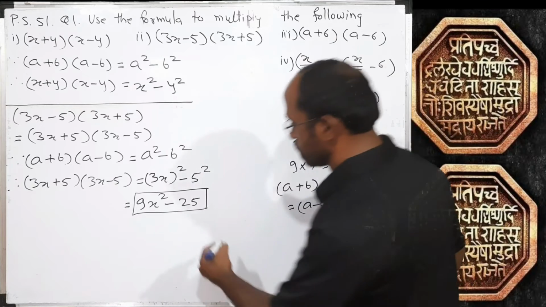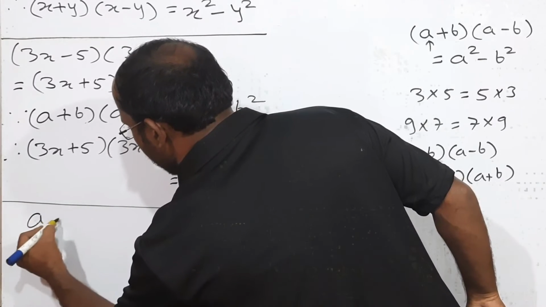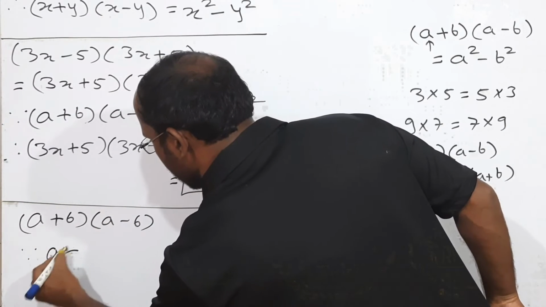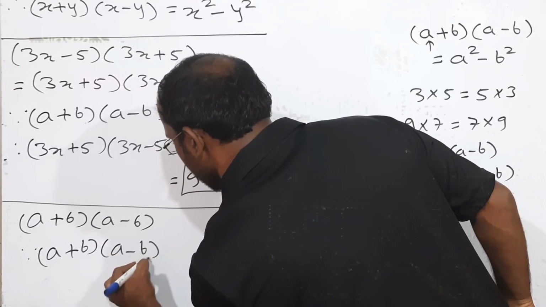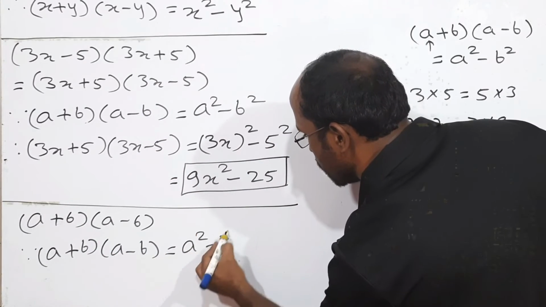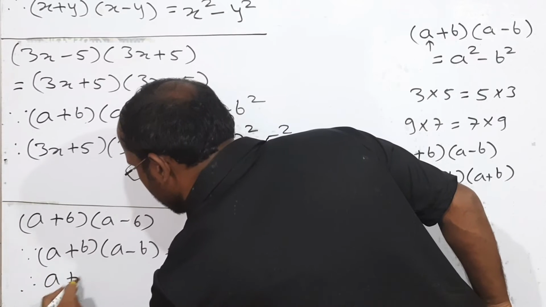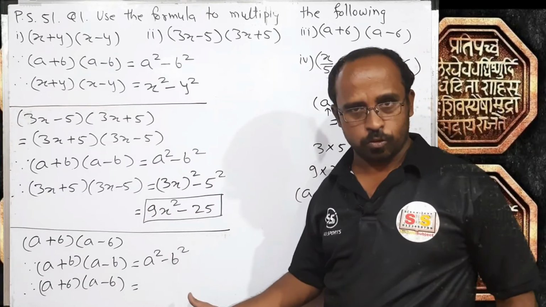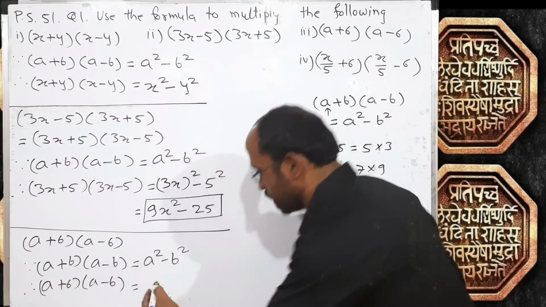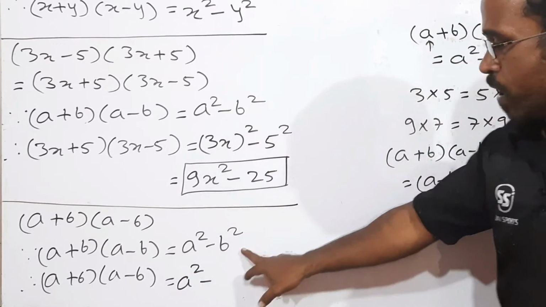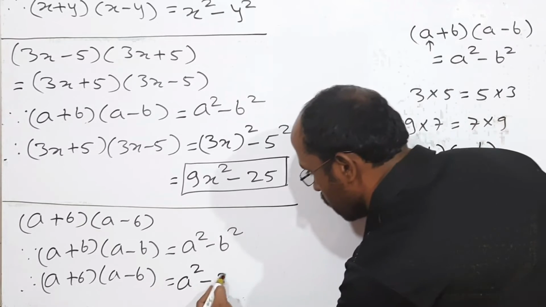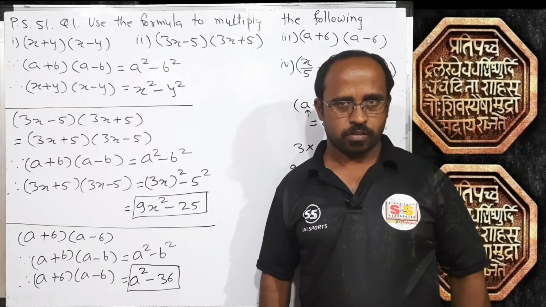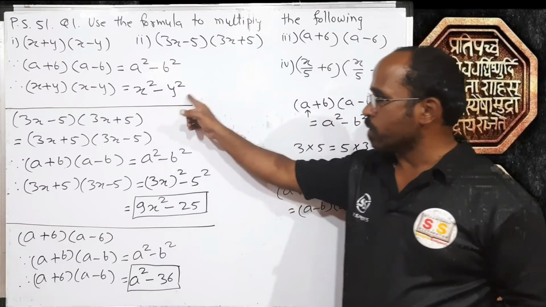Third question is a plus 6 into a minus 6. Once again, if a plus b multiplied by a minus b is equal to a square minus b square, then a plus 6 multiplied by a minus 6 is equal to, you can directly write the final answer also. A square means square of a, so that is a square, minus b square means square of 6. Square of 6 is 36, finish. So these things depend on your calculation skill, where to stop, whenever both of the terms are unlike and their square is written.